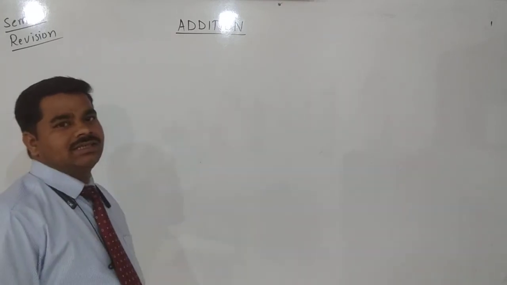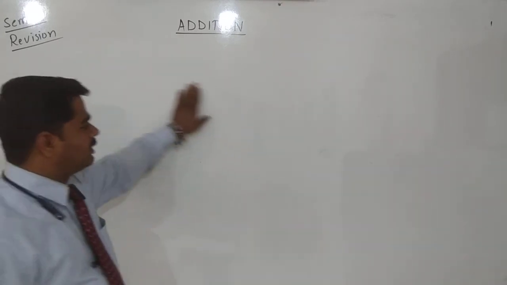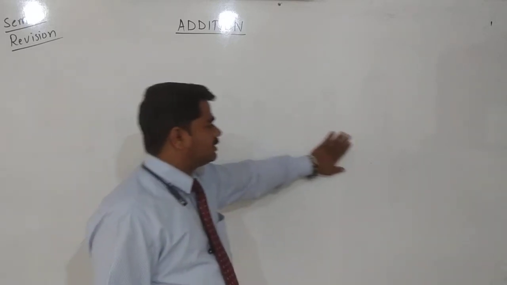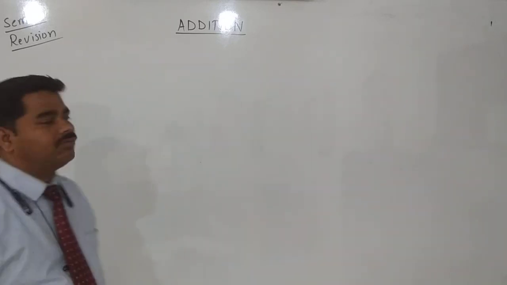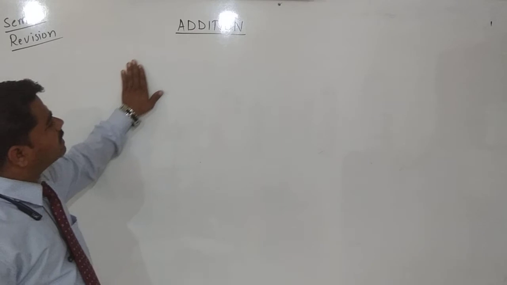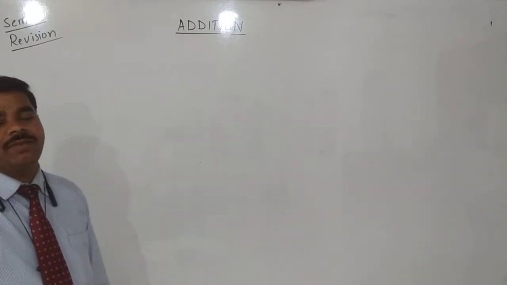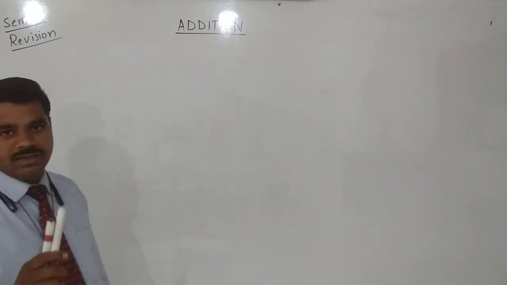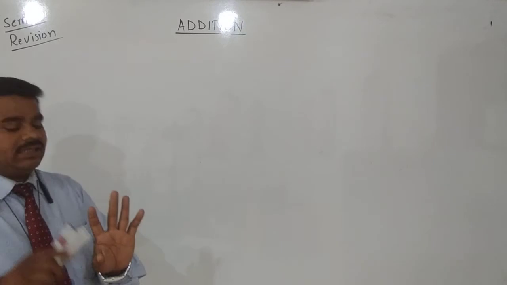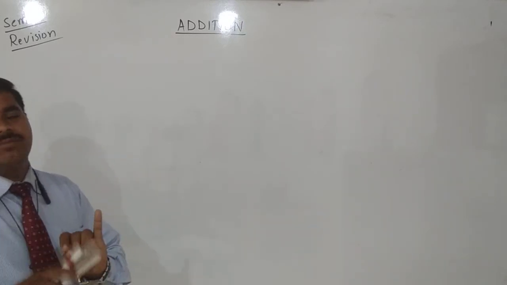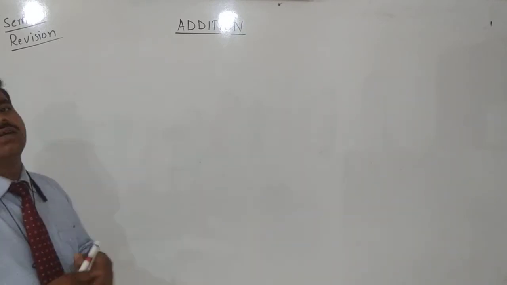In the previous class we were discussing the revision, that is, the number system. In that, again, squares and cubes, Roman numerals is all we discussed. Now this is the concept of addition. This is the main basic fundamental operation of mathematics. There are four in that: addition, subtraction, multiplication, division. We are dealing with addition.